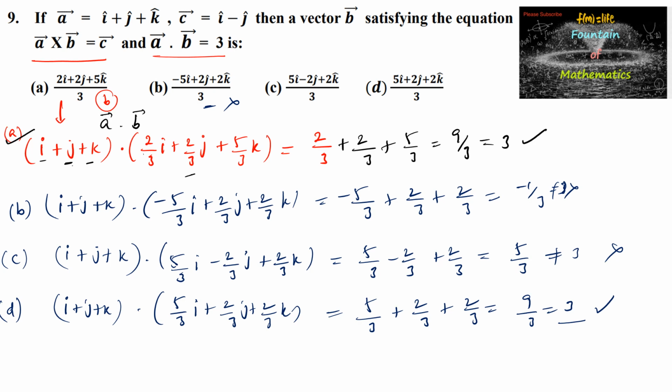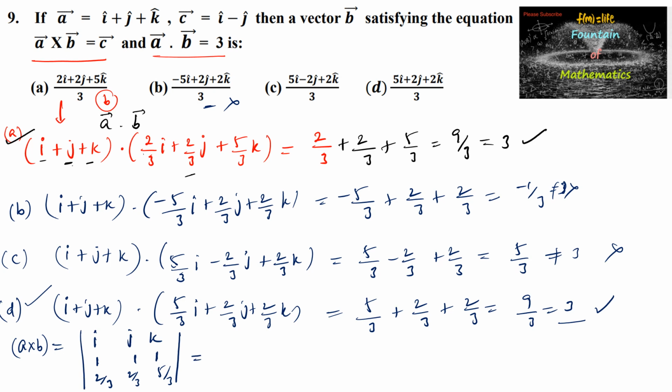So option A and option D both are satisfying. Now let us verify A cross B with the first option. So we have i, j, k, and A is a vector with 1, 1, 1, and B is a vector with 2 by 3, 2 by 3, and 5 by 3,